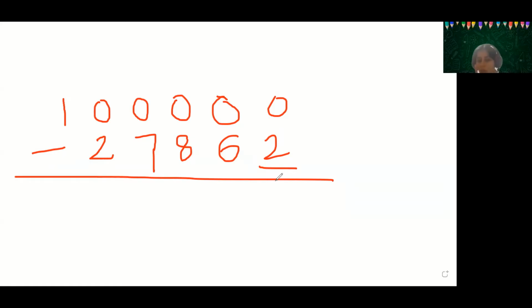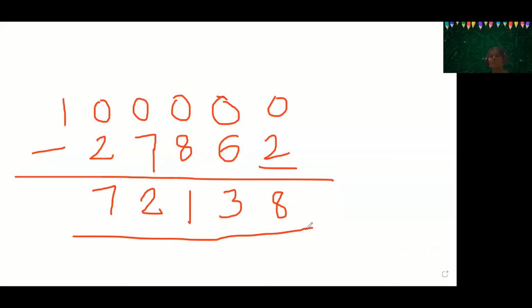In this, we are following up with the primary base. So 10 minus 2 is 8. Friend of 2 is 8. Friend of 6 is 3. Friend of 8 is 1. Friend of 7 is 2. And friend of 2 is 7. So this is the answer. This is the example from the primary base numbers.